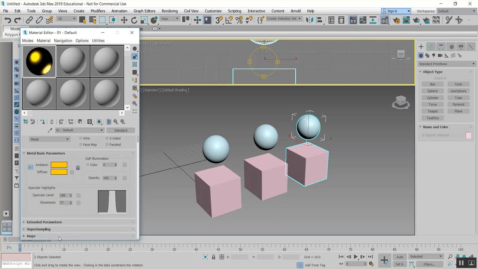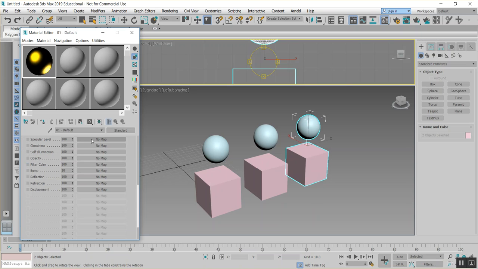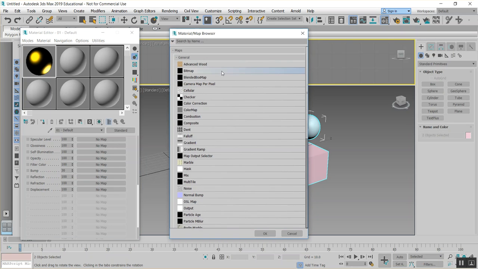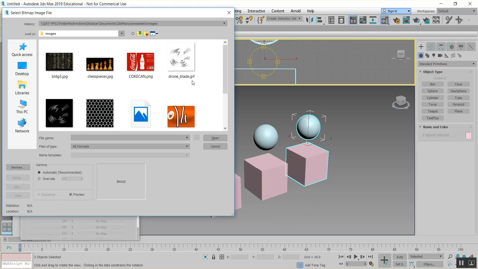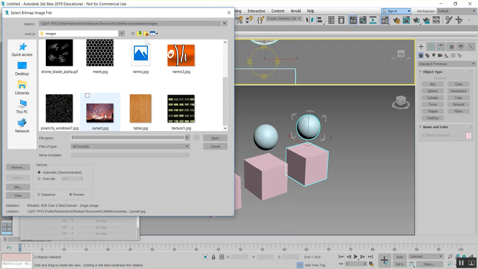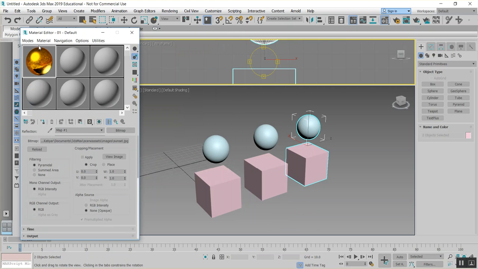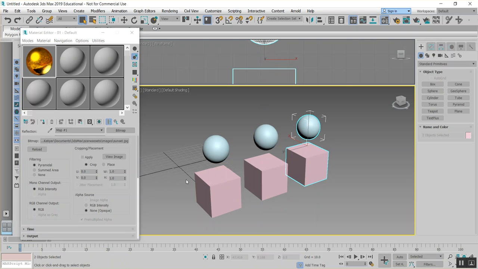And the key to gold is a map. So I usually use a sunset sky as a reflection map. So as a reflection map, any tool you use, if you can find out how to apply a reflection map, and I use a sunset sky with the orange, with a yellow color, you get an orangish tinge, and I'm going to apply it to these two objects here, this one and this one,